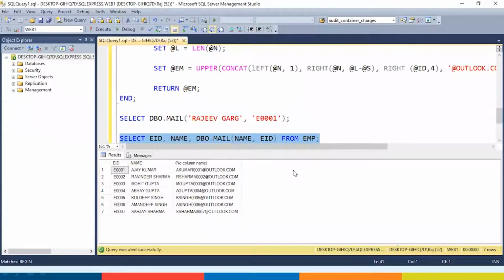So you can see we have generated the email ID over here. If you wanted to give a label, you can say as email.